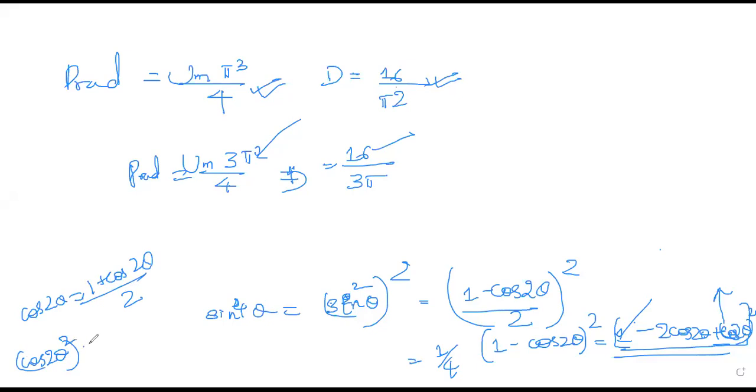So this equation will become 1 plus cos 4 theta by 2. Okay, cos 4 theta by 2. Or there is one more equation, but I don't know whether it can work. Can you apply the formula of, no, you cannot apply sine 2 theta formulas. It is not possible. Okay. So you can do directly like this. 1 plus cos 4 theta by 2. So here it will be 1 by 2 differentiation. Cos 4 theta will be differentiated. So each around 4 times you have to do the integration part by part.